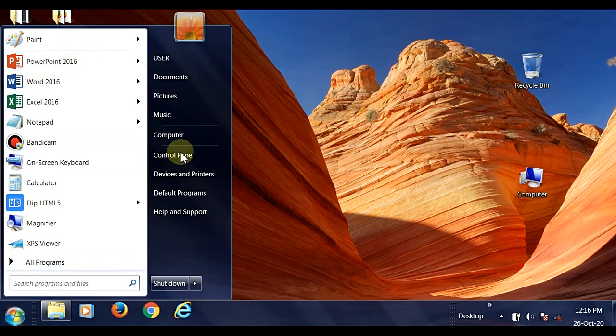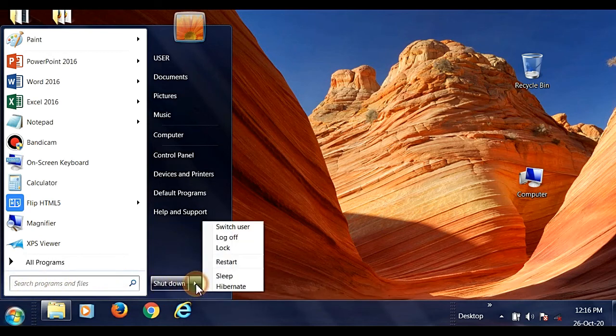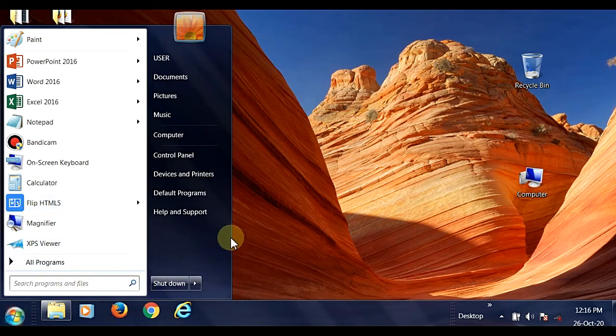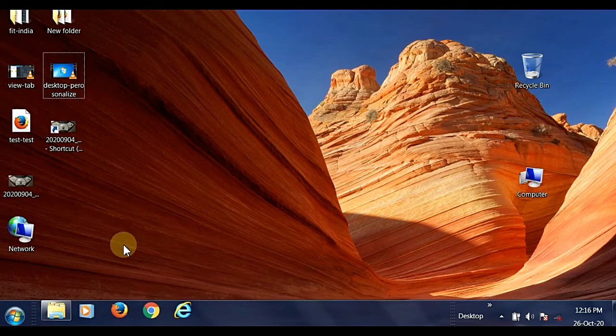So here you can see all the files and the folders, and you can search the programs, software, and you can shut down the computer, you can turn on the computer. So all these options we can do using this start button.